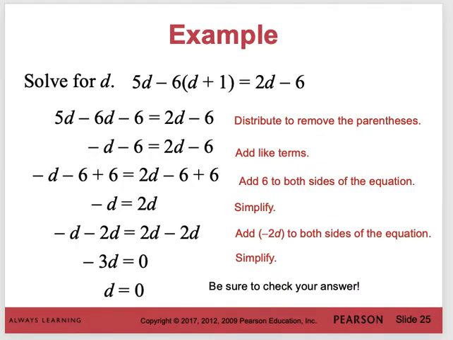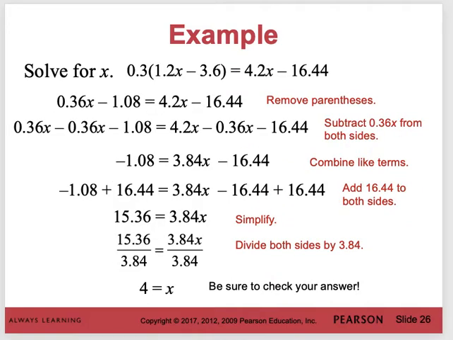In this case, the negative 6 is on the outside of the parentheses, so you would multiply both of the values inside the parentheses separately by negative 6, and then go through our methods above to solve for our variable. Again, here is a second example where 0.3 is on the outside of the parentheses, so you would want to multiply every value inside the parentheses separately by 0.3, and then the parentheses are gone and you can solve for